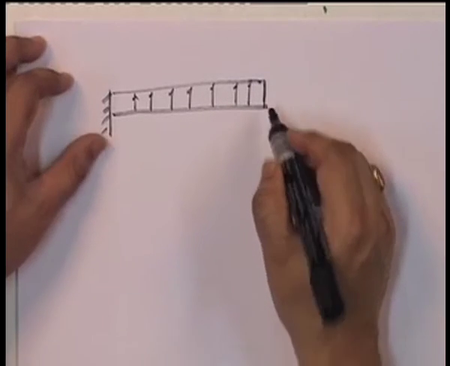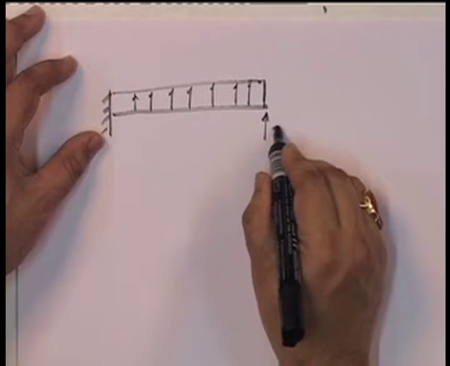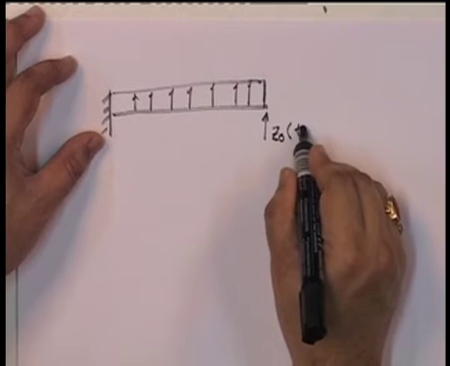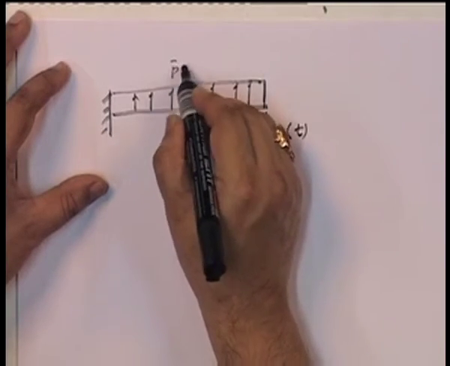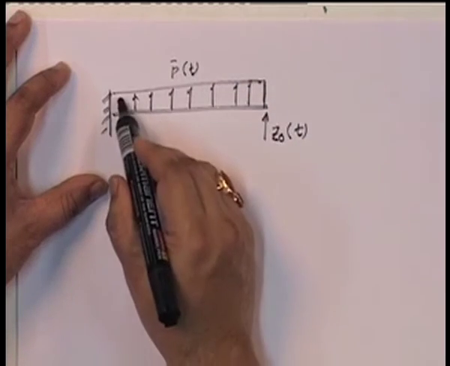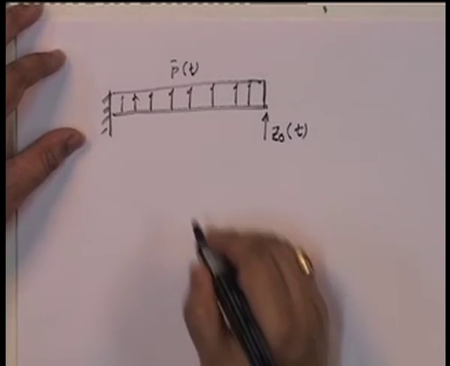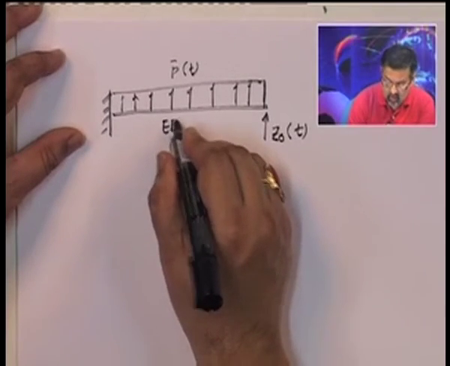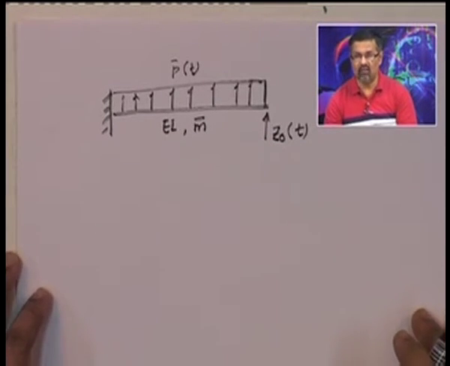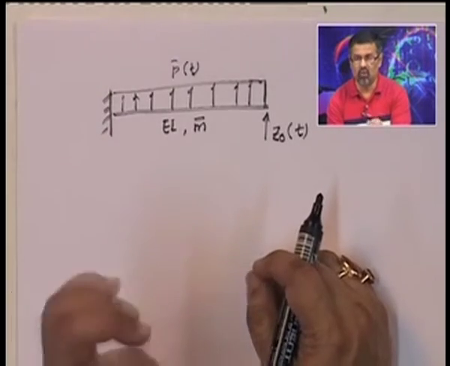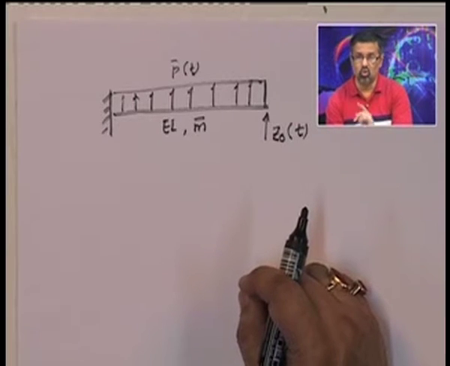Okay. And then I am going to put this as my degree of freedom. So, this is P bar T. In other words, it is a constant, it is not a function of x. Okay. And I have E I and m bar also as constants. In other words, what we have is that this is a uniform bar with uniform distribution of mass subjected to